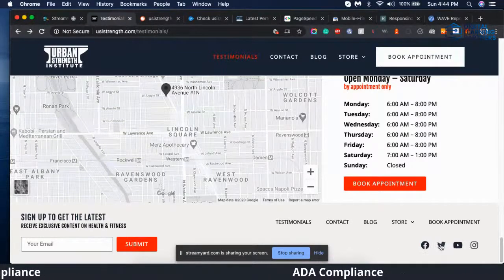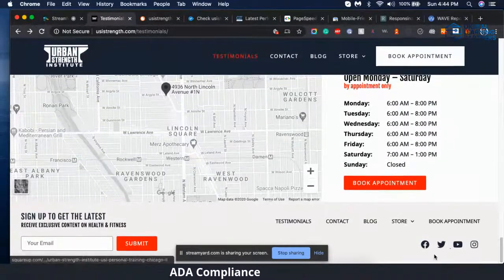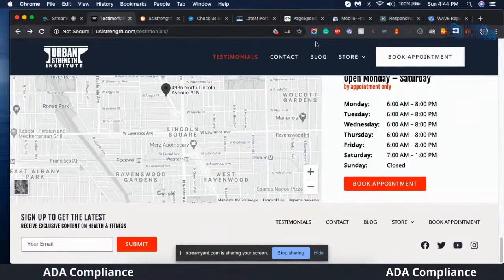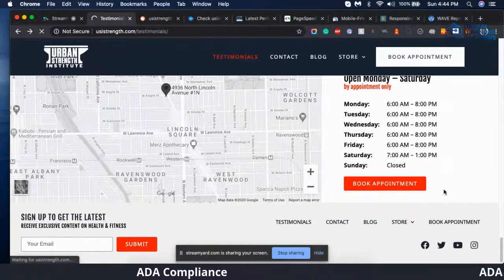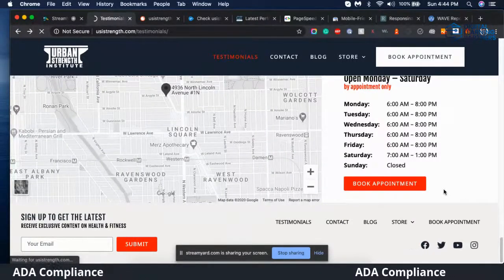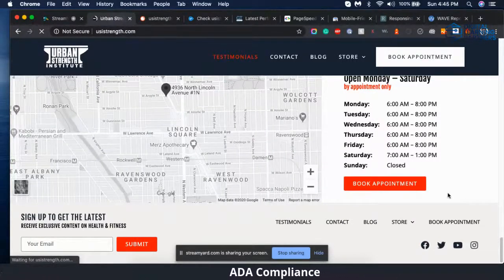What is this? Are these not working? The social? Wow. No, it should be there. He should have a page. I know he has a page for Instagram. I know he has a page for Facebook as well, from what I remember. Yeah, I'm clicking on the bottom. It's not working.